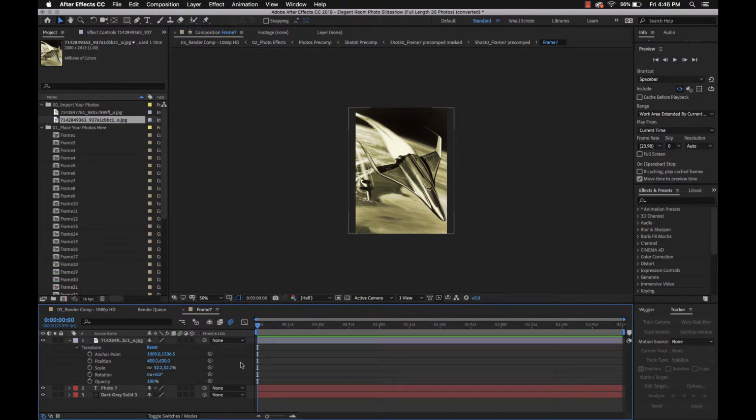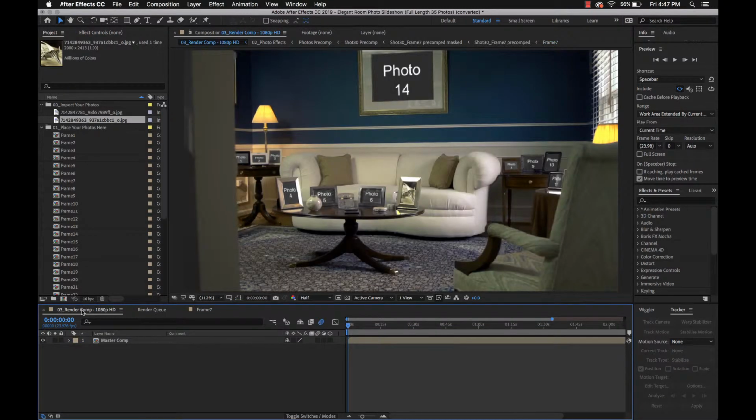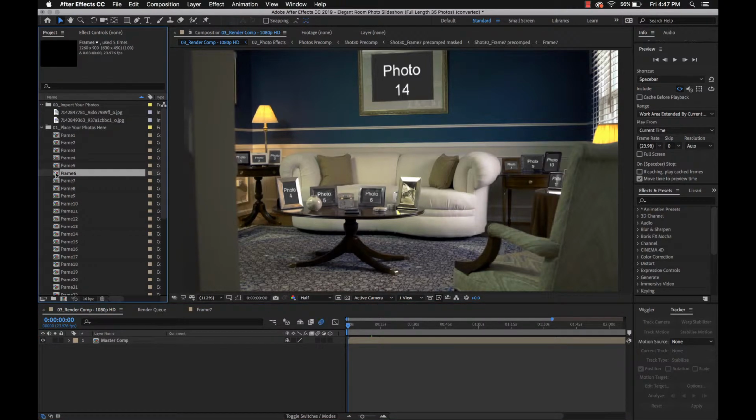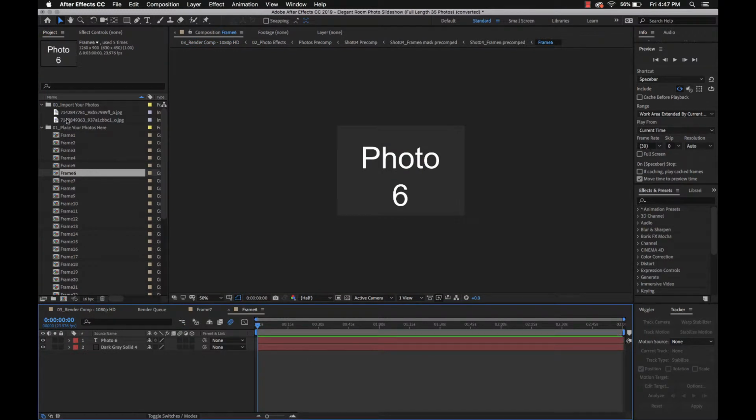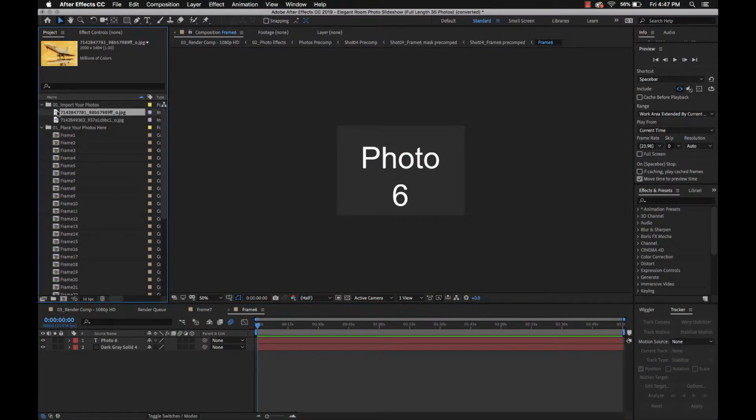So that's frame 7. So now if we go back here to this other tab, the render comp, which is kind of your master composition, if you open that tab, you can see down here that what used to say photo 7 has now been replaced by the photo that I placed. So let's do another one just for kicks. Let's go to frame 6, open that up, find my other photo, pull it down, put it in the top of the layer stack,